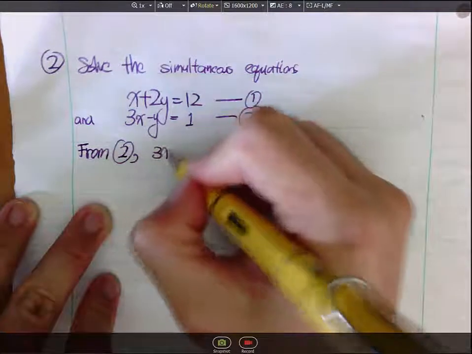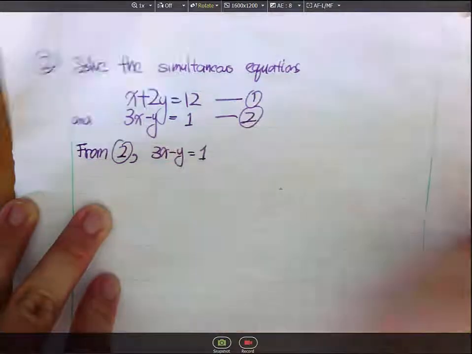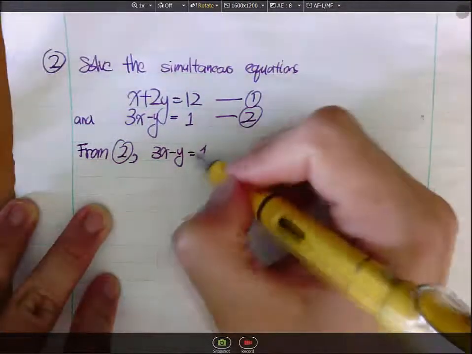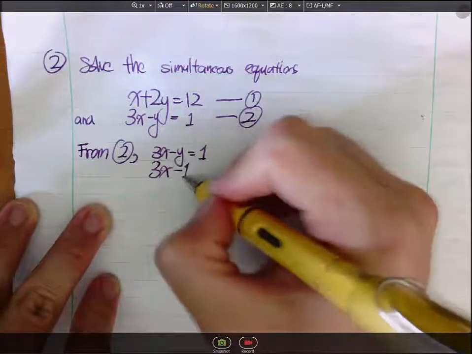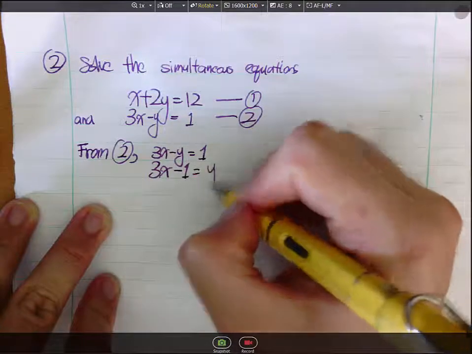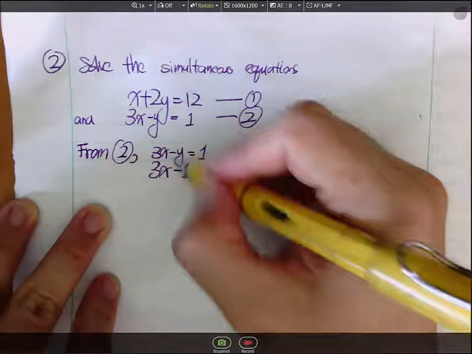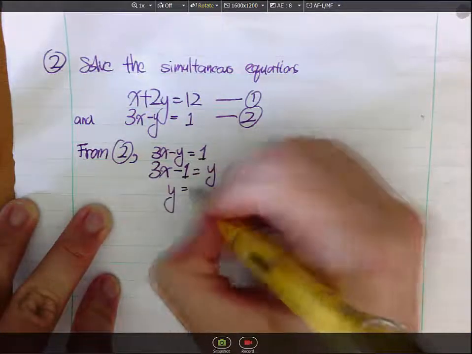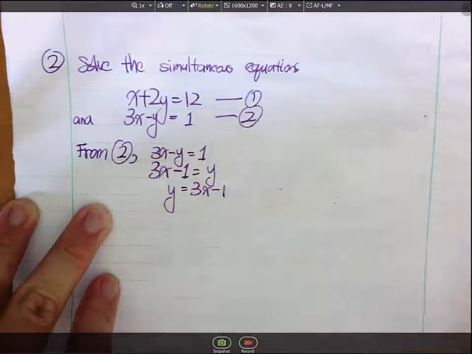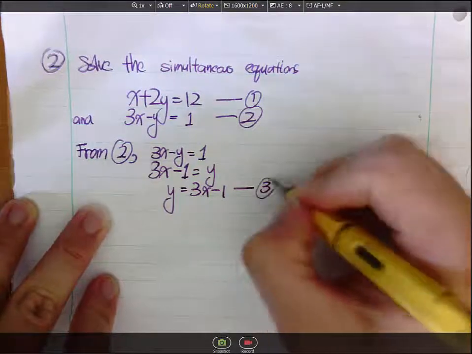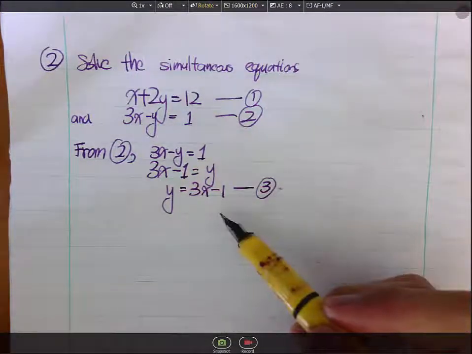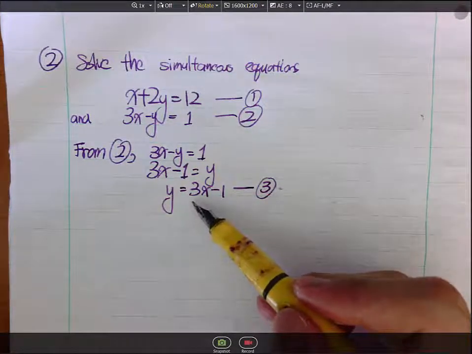I get 3x minus y is equals to 1. I do some algebraic manipulation. 3x minus 1 is equals to y. Negative y here, positive y there, so you get y equals to 3x minus 1. So notice I made y the subject of the formula. This is equation 3. Okay, if y is the subject of the formula, it means I'll be trying to substitute away